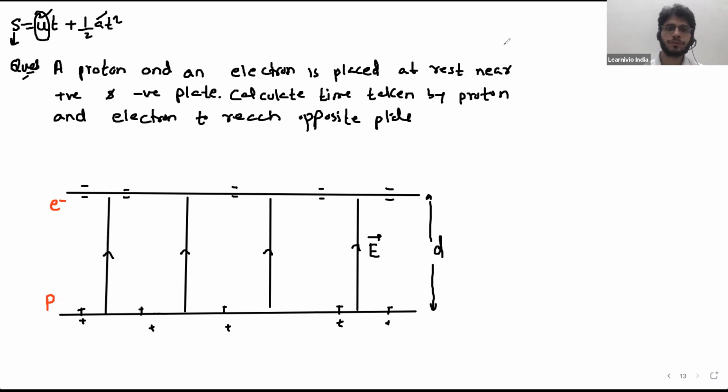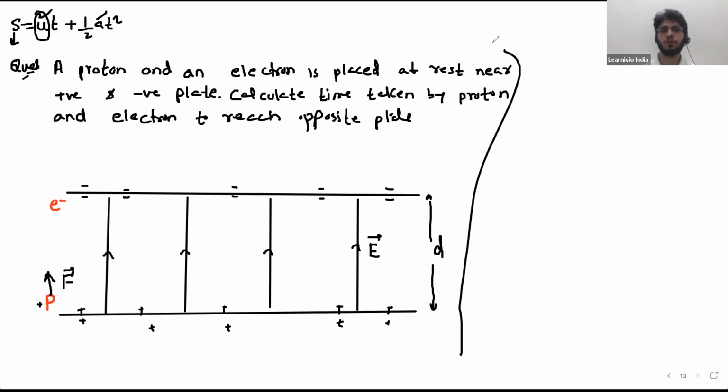This is proton. What is the direction of force on the proton, Ahmed? In which direction will this proton experience force? Along the direction of electric field, upwards. So this proton will experience a force in the upwards direction. So force on proton, F is QE, right? And the charge on the proton is e, so eE. If I say that mp is the mass of proton,